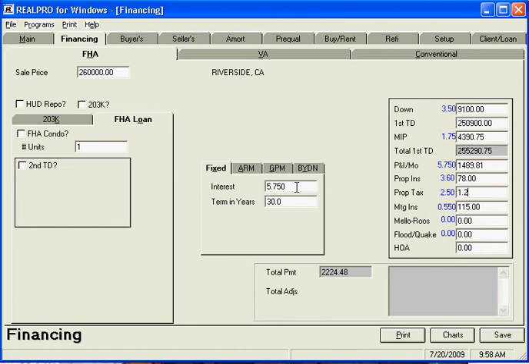Okay, property tax is 1.25. Mortgage insurance is 0.55. Now, again, no matter the loan to value, you are going to have mortgage insurance. If you were to put 5% down, your mortgage insurance will automatically change to 0.50. And that's a little break that you get. If you put 5% or more down, you get a break in the monthly mortgage insurance. But I'm going to go back to 3.5, which then gives us the 0.55 that's needed. So it's all done automatically, built into the program,